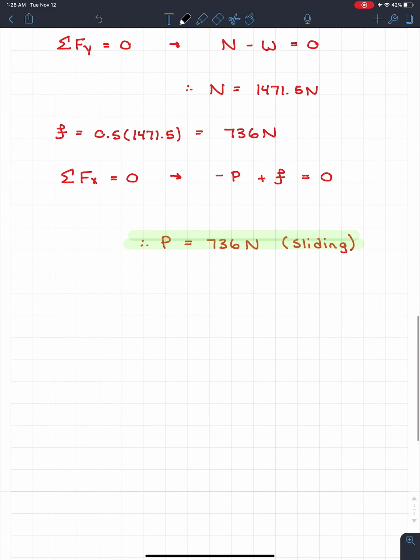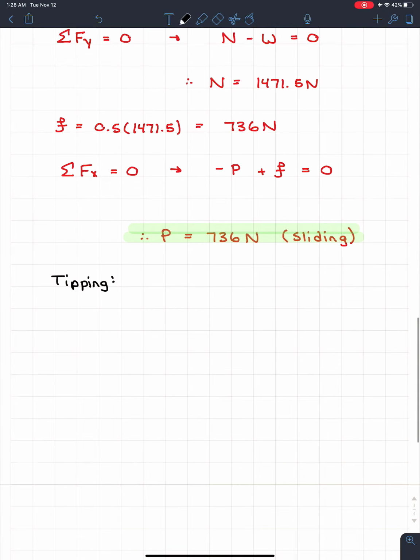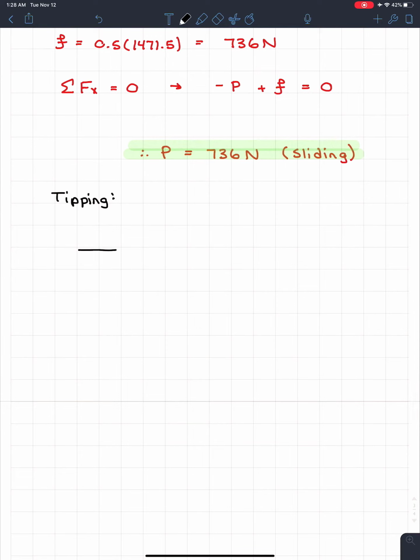We just did sliding. The second one's going to be tipping. And again, it's a different scenario, so we're going to have to draw another free body diagram. But before we draw this one, let's just go to the mechanics of tipping. So if this is my crate, something like this,